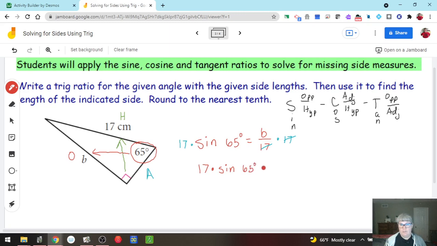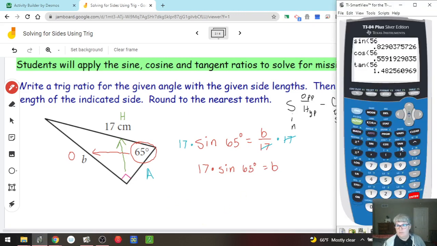Now I'm not actually going to enter that degree symbol because my calculator is already set to degrees. So I get my calculator, clear my window, and I enter it just like it's written. 17 times sine